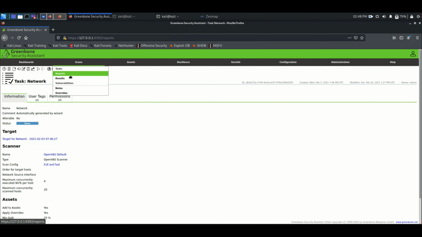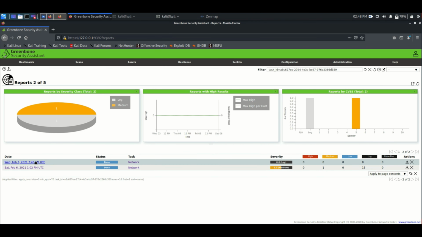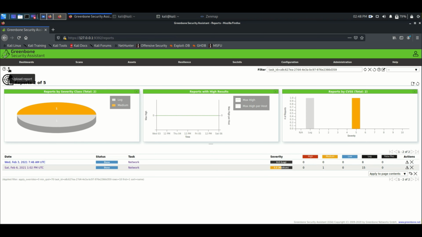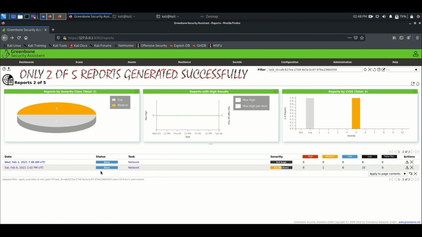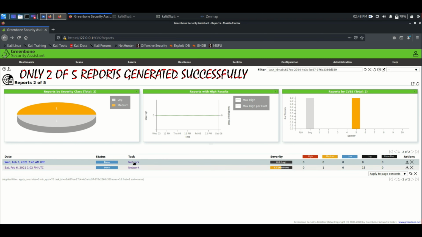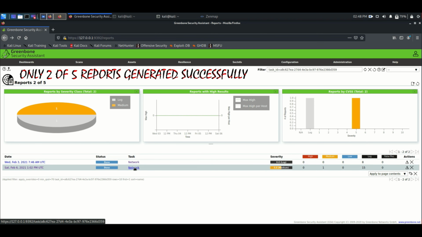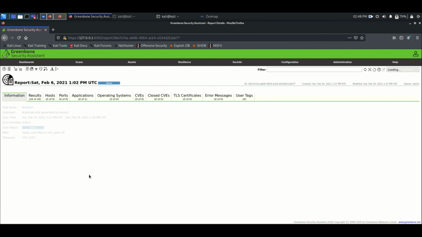Okay, so coming to the reports, we have 5 reports. Just a minute. Here we have 2 reports, because the third is being generated, right? So here you can see that